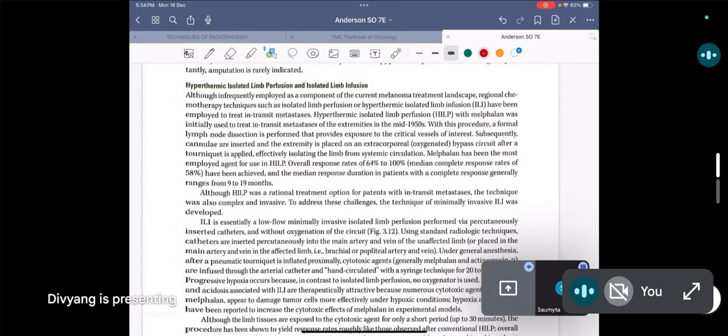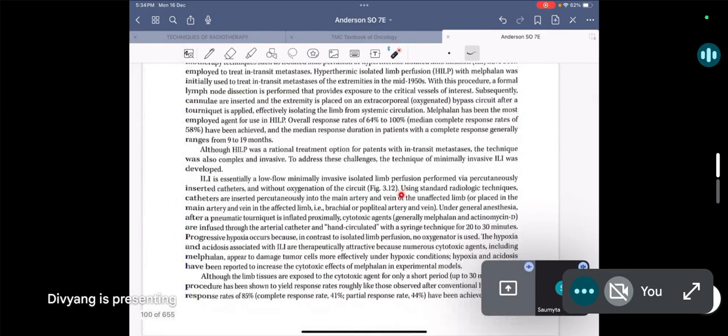मिनट्स याद आ रहा है, बोला उसने। तो इसमें तुम समझ लो, इसमें 20 to 30 मिनट रहता है, इसमें कम हो गया बिकॉज यू आर एडिंग वन मोर कंपोनेंट। ये देखो लो फ्लो है नंबर 1 क्योंकि मशीन नहीं है, और दूसरा ऑक्सीजन नहीं है, और तीसरा 20 to 30 मिनट से, ठीक है। और मिनिमली इन्वेसिव क्यों, क्योंकि वही है स्टैंडर्ड रेडियोलॉजी से करके कैथेटर डाला, अंडर जीए करते हैं, टूर्निकेट अप्लाई किया, साइटोटॉक्सिक एजेंट एक्टिनोमाइसिन डी और मेल्फलन डाला,